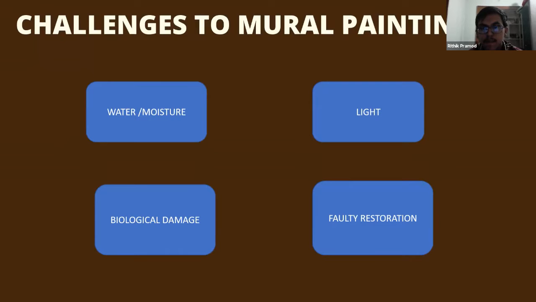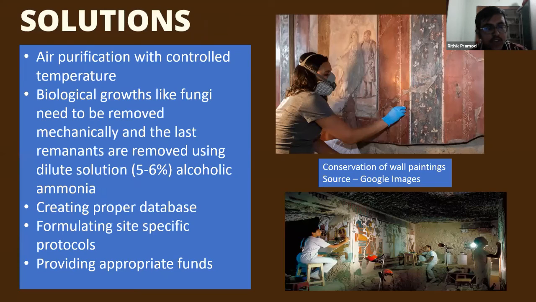the paintings. And when you come to the solutions part of it, air purification with controlled temperature can be done, and biological growths like fungi need to be removed mechanically, and the last remnants are removed using a dilute solution of alcoholic ammonia. And creating a proper database will help the government understand which proper materials or